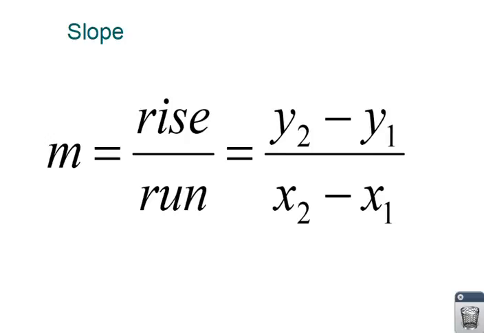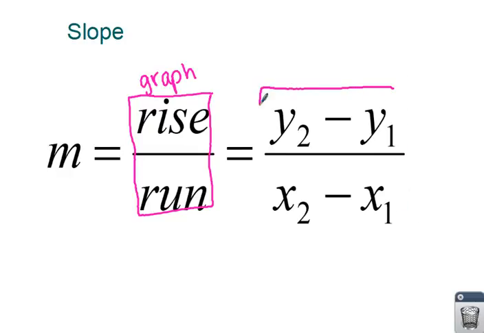All right, this equation should look familiar. Slope has two forms. Okay? Slope is rise over run, and I like to say use this when you graph, because we rise and then we run. We go up 2 over 3. We go down 5 over 6. Something like that. Okay? And then this form